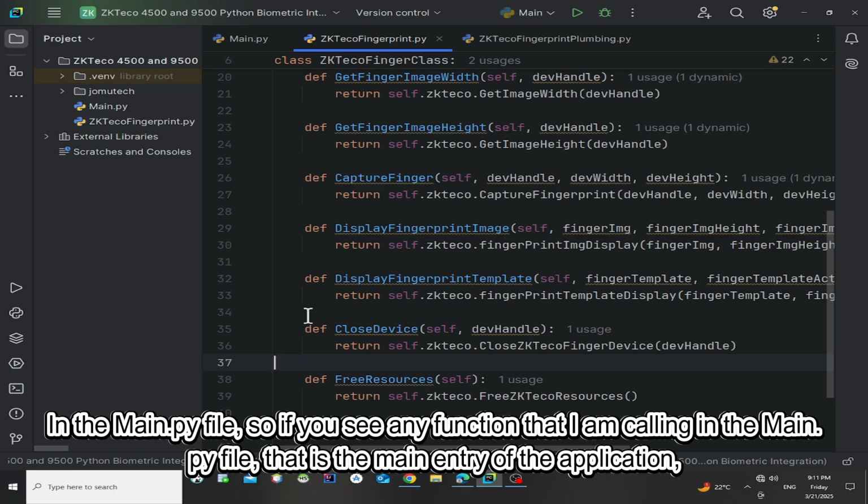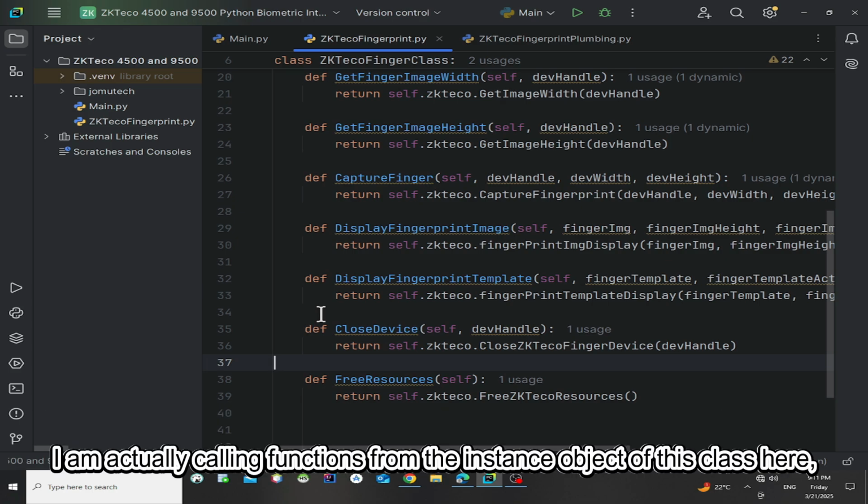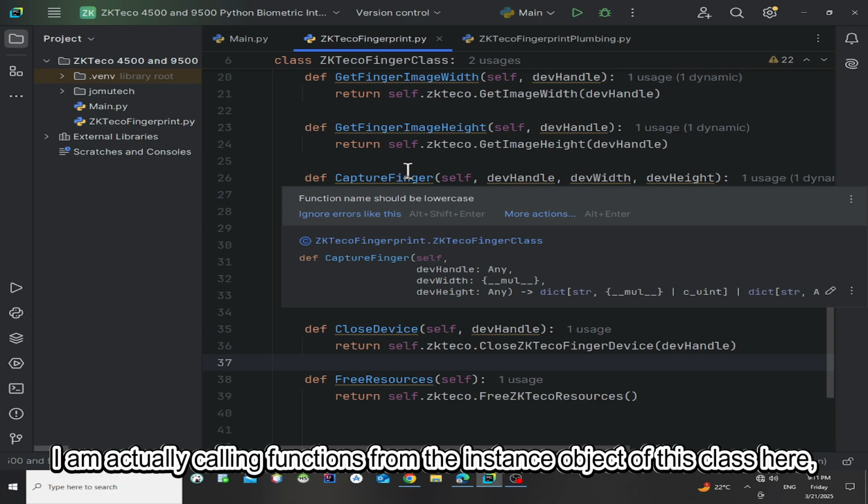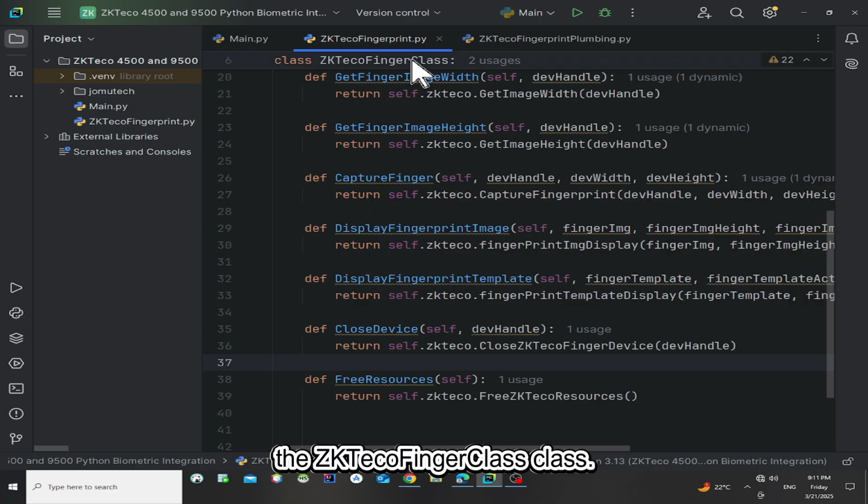So if you see any function that I am calling in the main.py file, that is the main entry of the application, I am actually calling functions from the instance object of this class here, the ZKTeco finger class.